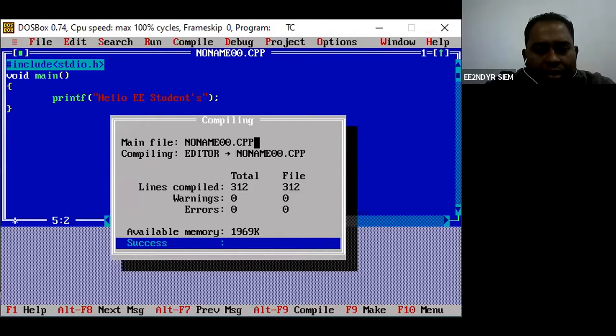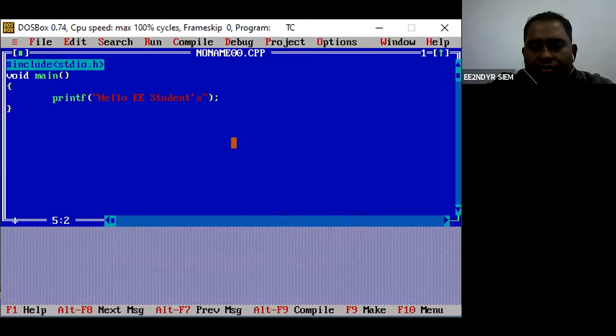Total lines compiled is 312, there is no warning, no error, and then there is a success. Just press any key. So there is no error.